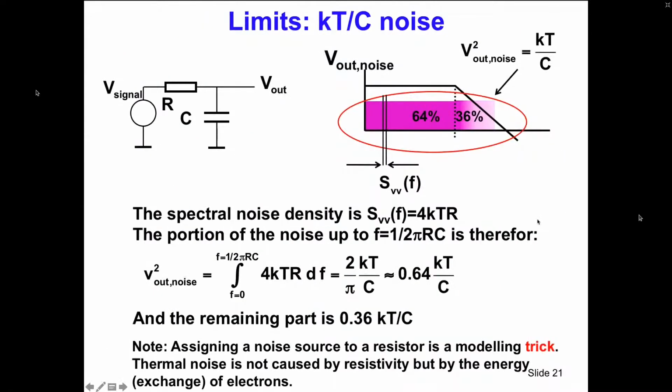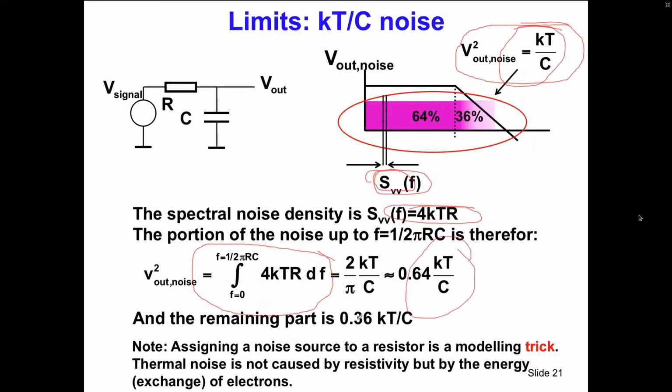And that means that essentially the right way to approach this noise is to look at kT/C in your circuit, and realize that the kT/C is the area of this noise spectrum, and that what we use as 4kTR is the recalculated spectral density associated with this effect. And yes, indeed, if I nicely take the integral over this noise, I get very nicely again the kT/C term back, and it works.